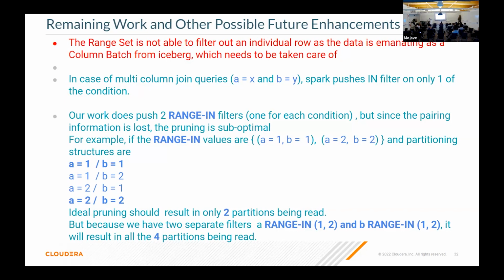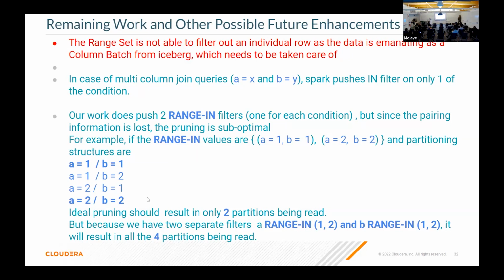Spark will push only one of the filters down. We do push two range in filters, one for A and one for B. But here the pairing information is lost. For a particular value of A, there exists only one value of B which is a valid combination. But because you have a vertical split instead of horizontal pairs,